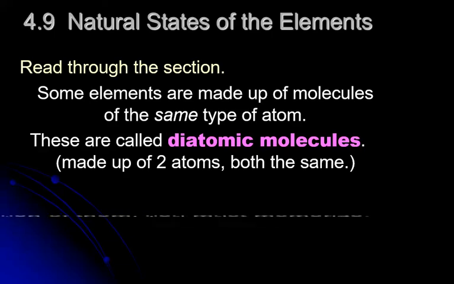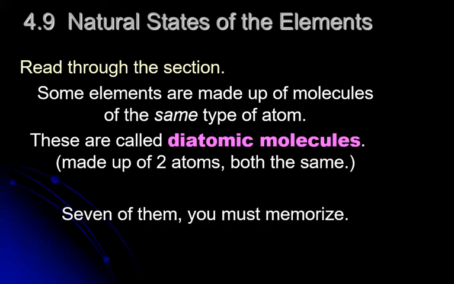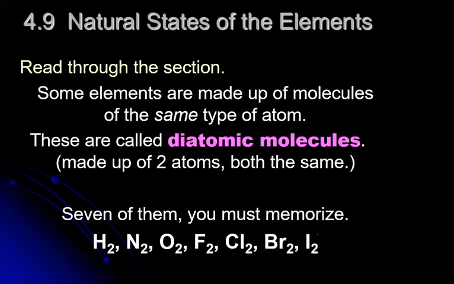There are 7 of these elements that are always found as pairs in nature, and you do have to memorize them. Here they are. You'll see they're all nonmetals. We've got hydrogen. Notice we've got this little 2 here. That means there are 2 atoms bonded together. We've got nitrogen, oxygen, fluorine, chlorine, bromine, and iodine. Now, you can either memorize them the way you see them here,